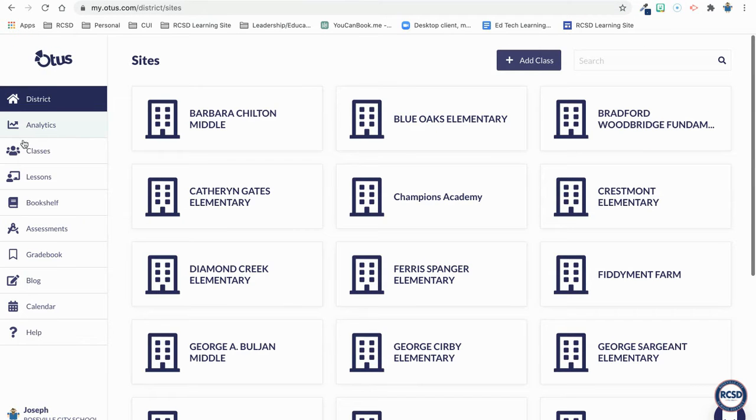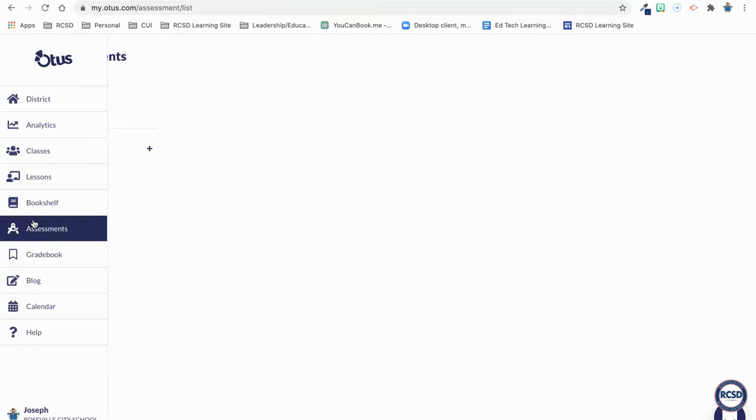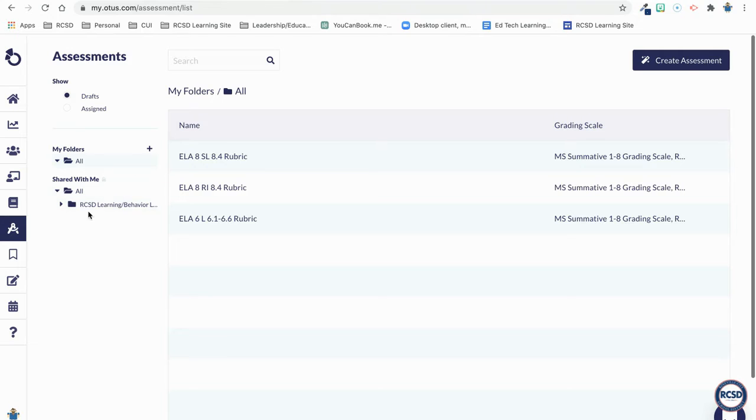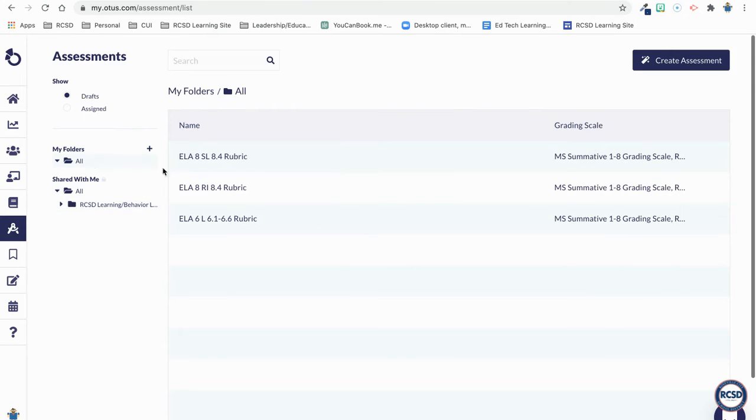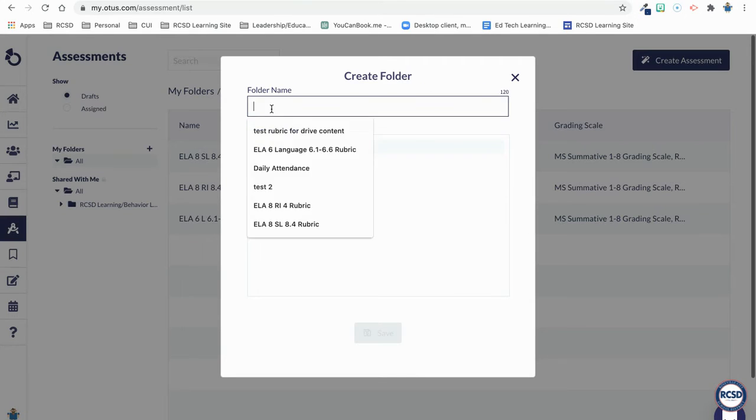So in your Otis, you go to assessments. This has been shared with all district employees right now. So you should have in your shared with me folder area an RCSD learning behavior levels 1 through 8 rubric bank. Before we get into that, one thing I do want to show you is all the assessment areas you can create